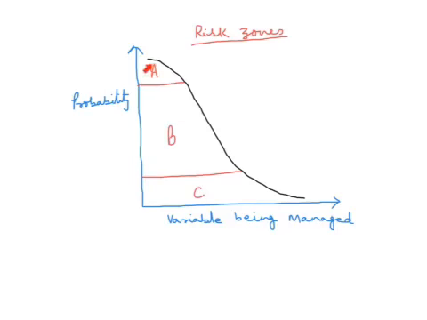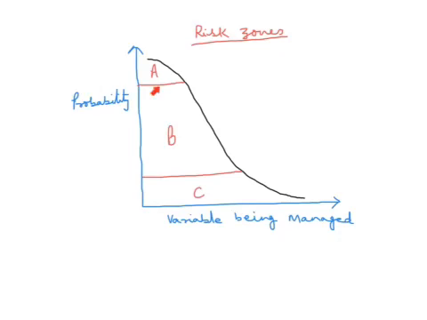In risk zone A, as you can notice, the probability is changing very slowly, but it is very high. In B zone, the probability is somewhere in the middle and it is falling very fast. So a small change in variable value will change the probability drastically. In C zone, once again the probability is insensitive to the change in variable value. Here a big change in variable value too will reduce the probability very little.